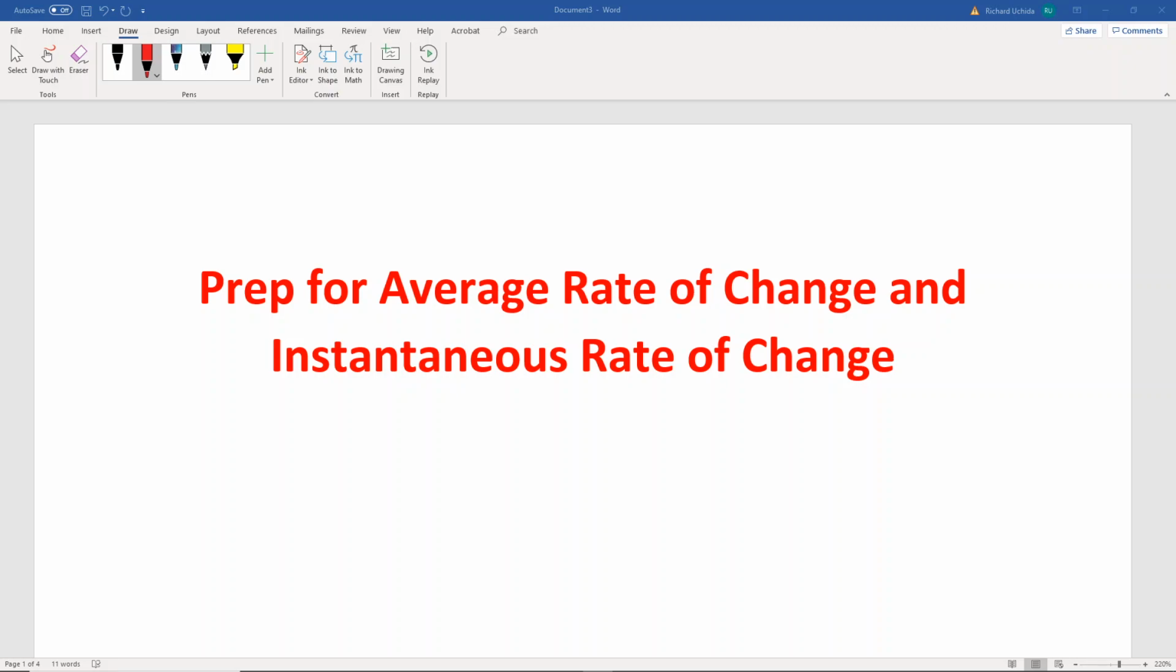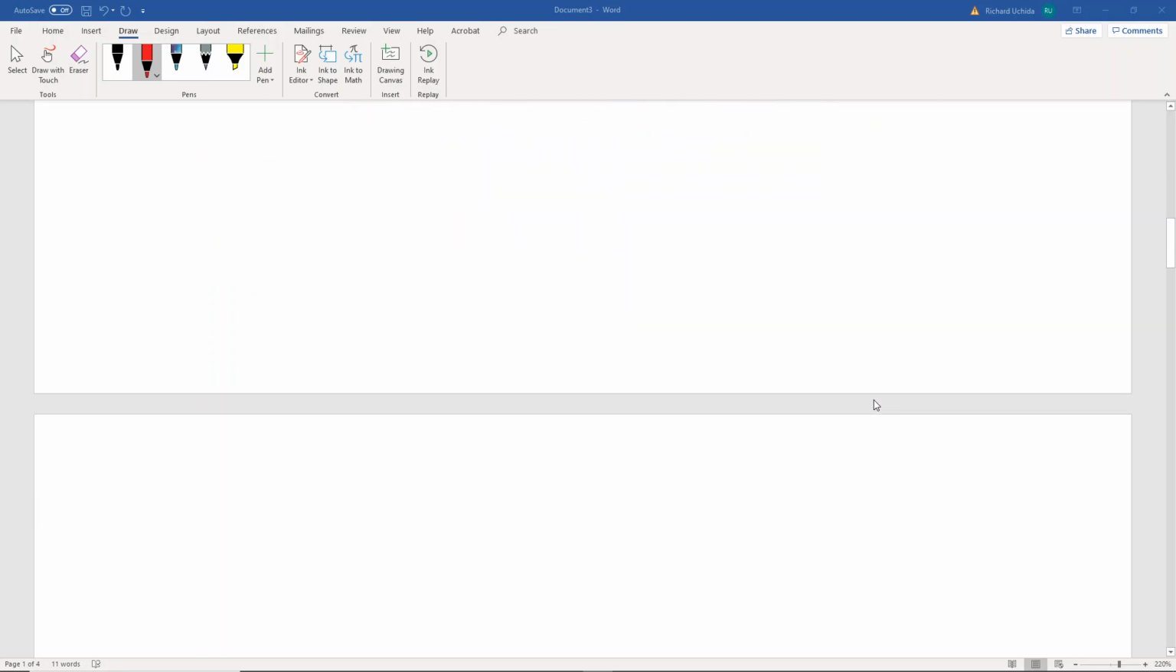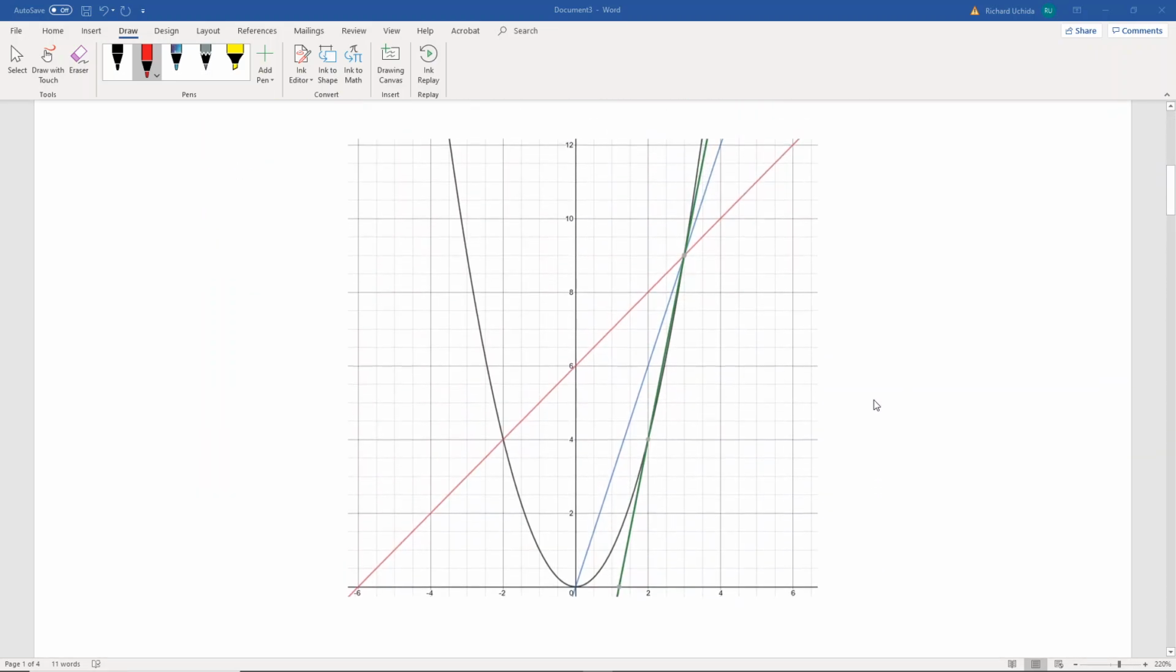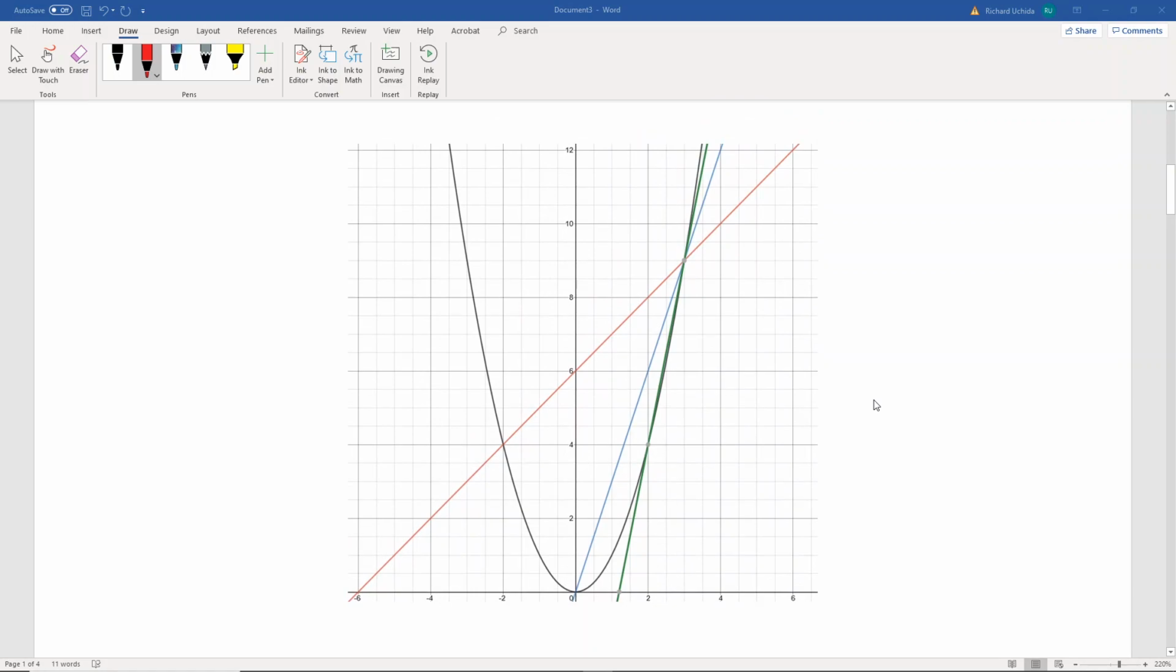This video is to help prepare you for both the average rate of change and the instantaneous rate of change. Now this is actually the second part of two videos, where the first video just talked about preparing for the average rate of change. Now looking at an example that we used in the previous video, if we have the function f of x equals x squared, which is the graph in black,